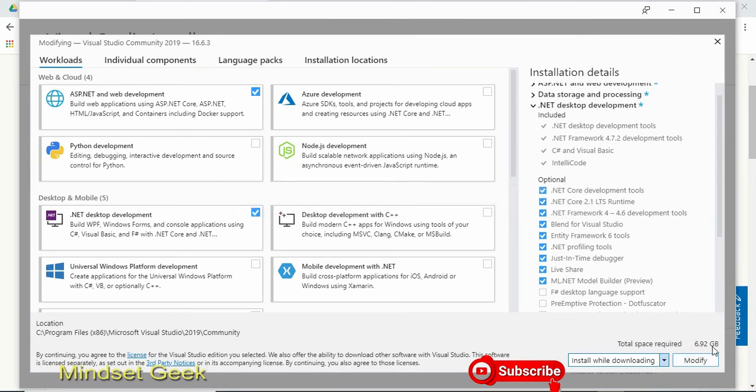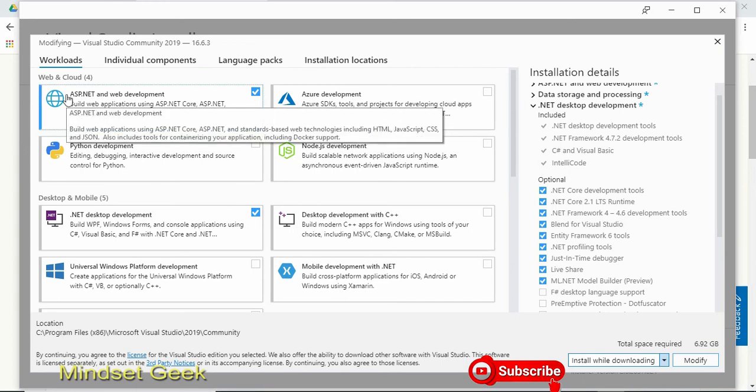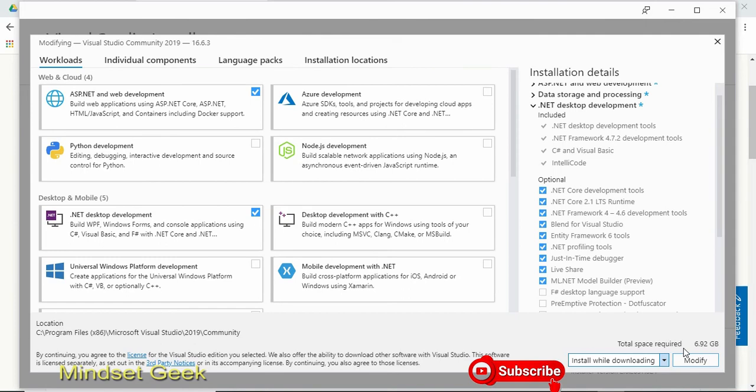You need some amount of data, right? This time 6.92 GB is required. The reason is I have already installed it, but for these modifications I need this amount. If you are installing from the beginning, your required space will change, right?